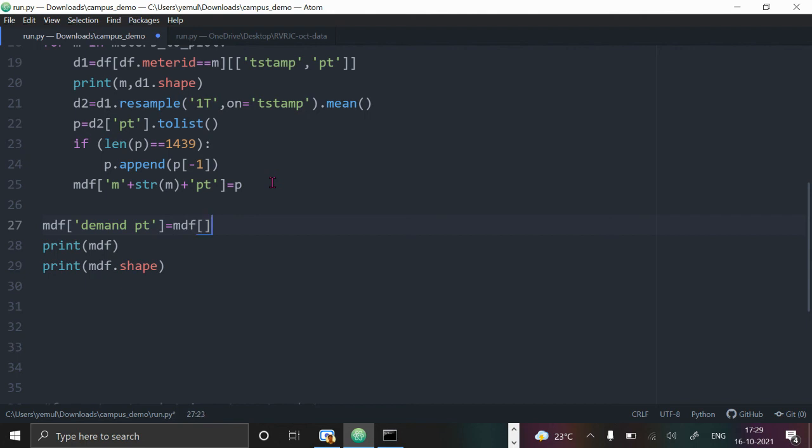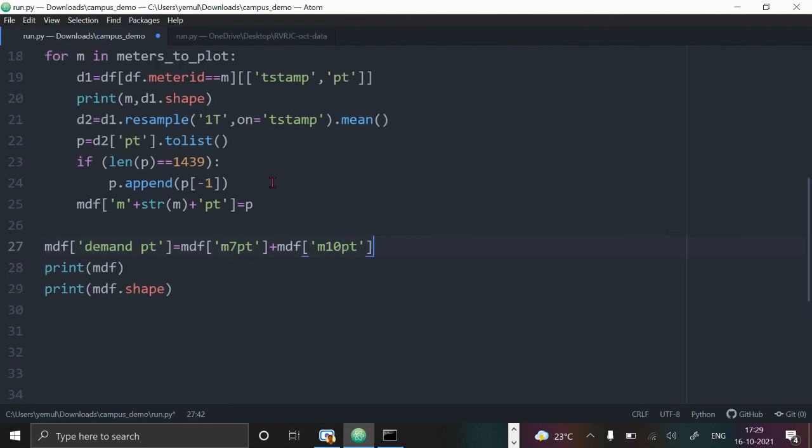MDF, add the meter 7 power, plus the meter 10 power, plus the meter 12 power. So I am adding three columns to make a fourth column.